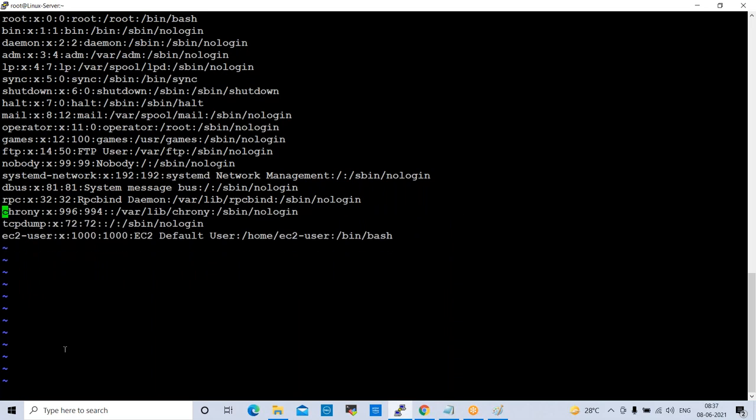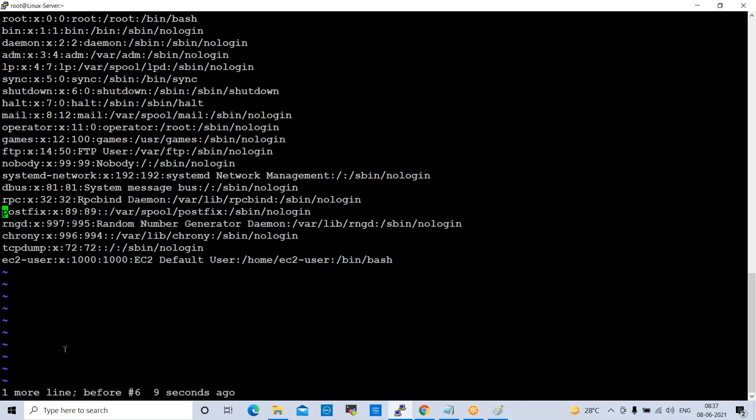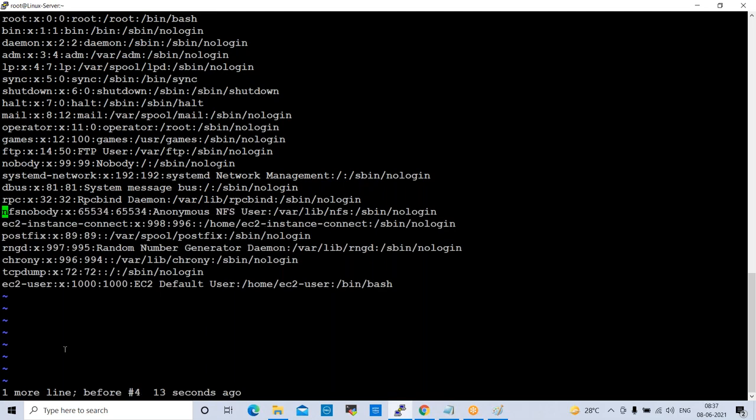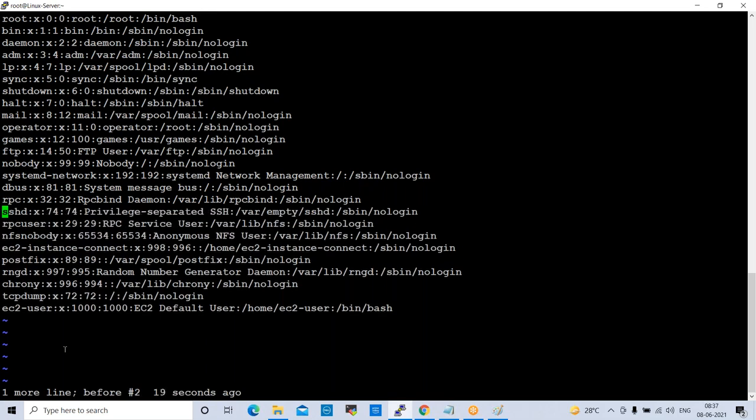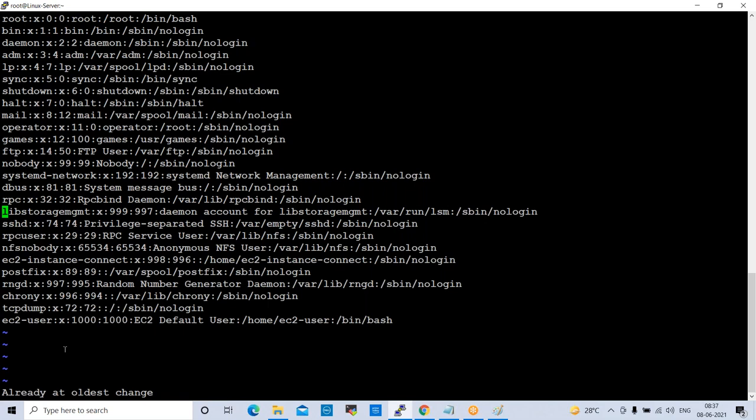Okay. If you want to undo whatever lines we deleted, small u, and it will go back to the original state. You can undo these lines, right? So like this, we can use some shortcuts. All these shortcuts I'll provide you in a document where you can find them. Okay. So yeah, these are the commands.